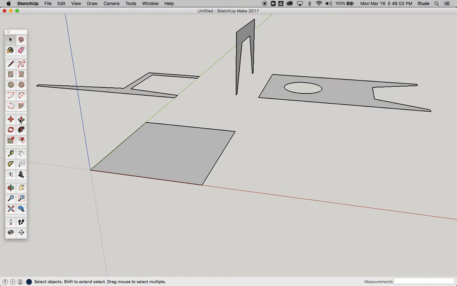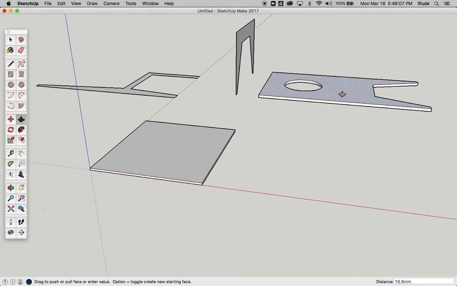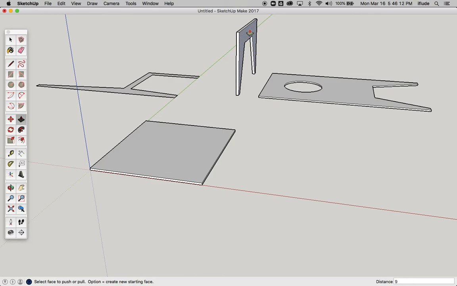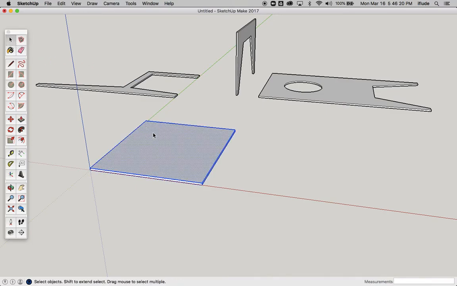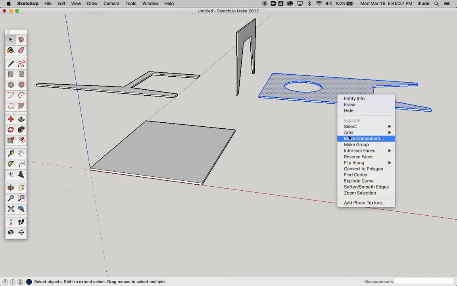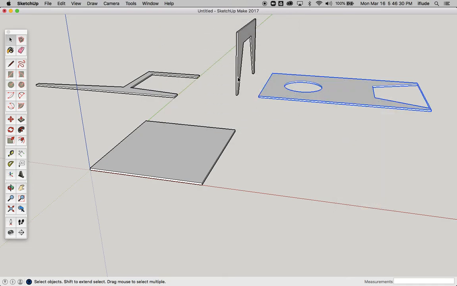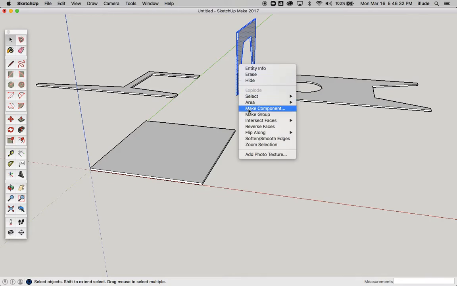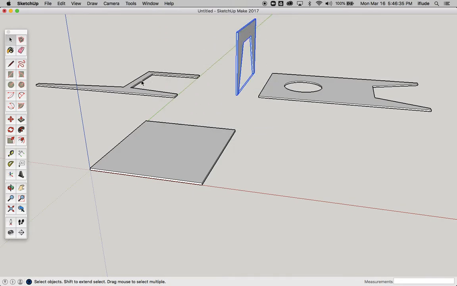So the best thing to do now is just use the push-pull tool, make them the right thickness, which is 9 in this case. So I'm kind of using the drawing that I had before to make a new drawing, and sometimes it's best if you get in such a mess with one drawing that you take what you can and start with a nice fresh clean drawing. Now all I'm doing here is making them into components,